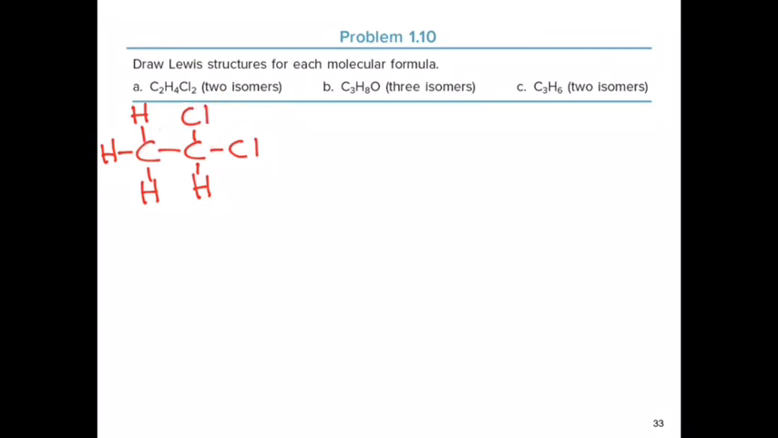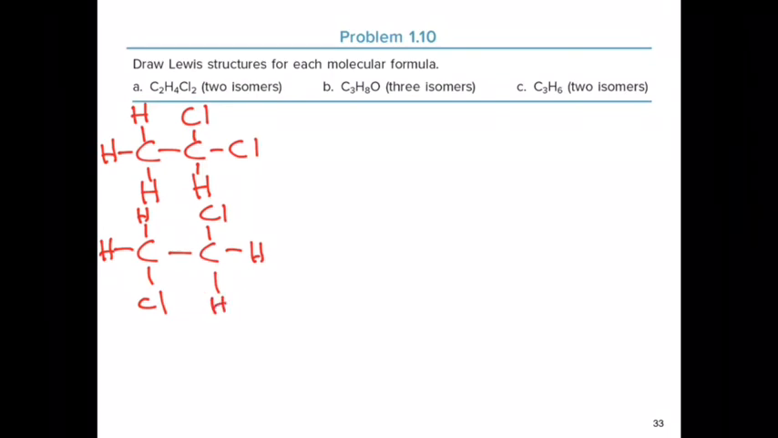So now we have a hydrogen here, and then a chlorine on the first carbon, and then another chlorine on the second carbon. So we basically switched the chlorine and the hydrogen here. So these are the 2 isomers for this compound. Now let's look at